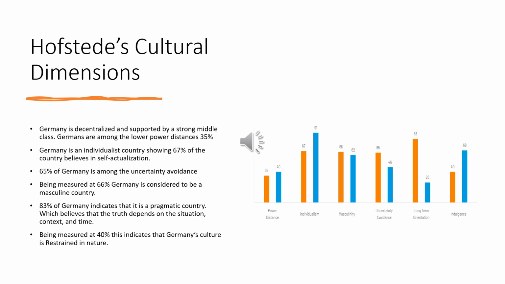The last dimension is indulgence. Indulgence means the extent to which people try to control their desires and impulses based on the way they were raised. Relatively weak control is called indulgence, and relatively strong control is called restraint. Being measured at 40%, this indicates that Germany's culture is restrained in nature. Societies with a low score in this dimension have a tendency to